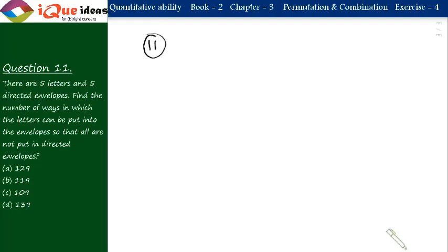Now, there are 5 letters and 5 directed envelopes. Find the number of ways in which the letters can be put into the envelopes so that all are not put in the directed envelopes. Now, please understand, if the letters are already directed or the envelopes are already connected to the letters, that means there can be only one way in which all of them can go into the directed envelopes or the correct envelopes. So, number of ways